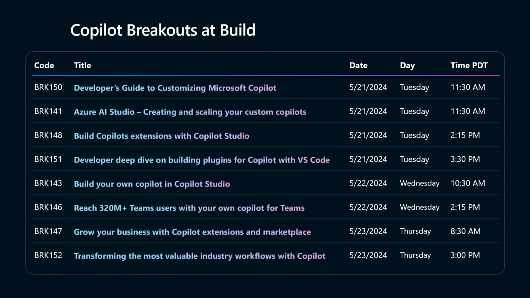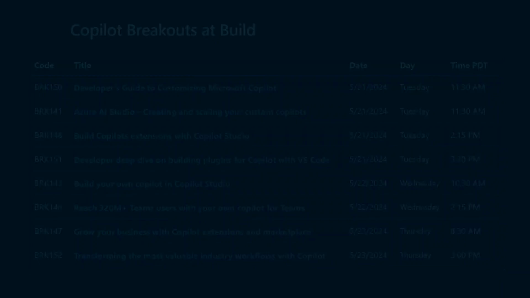Now, there are a lot of sessions at Build that go into a lot more detail here. Some of those we've called out in particular slides. I'll give you a moment to take a picture of this screen that will cover those in more detail. There is obviously the hall upstairs on the top floor where you'll be able to ask more questions to our experts in person. And so just a big thank you for taking your time to take that photo, and we hopefully see a lot of your faces in those breakouts moving forward.